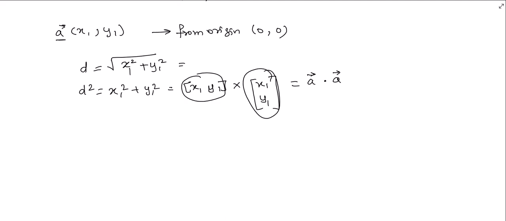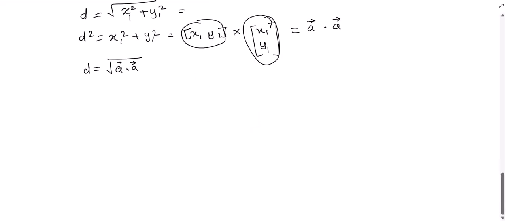So we can say that the distance between the origin and vector A is A vector dot A vector. This notation is also called the norm or magnitude of a vector. So this is the distance we can calculate for any vector,